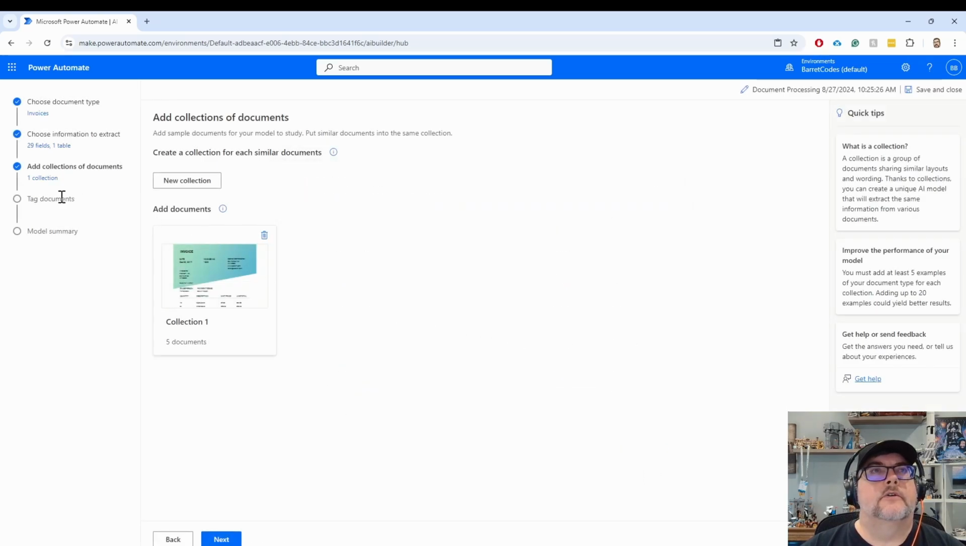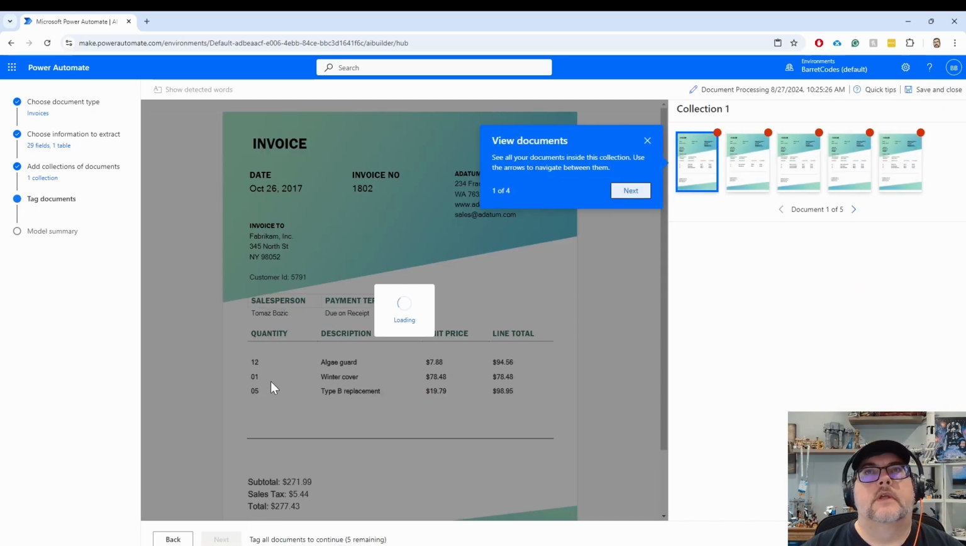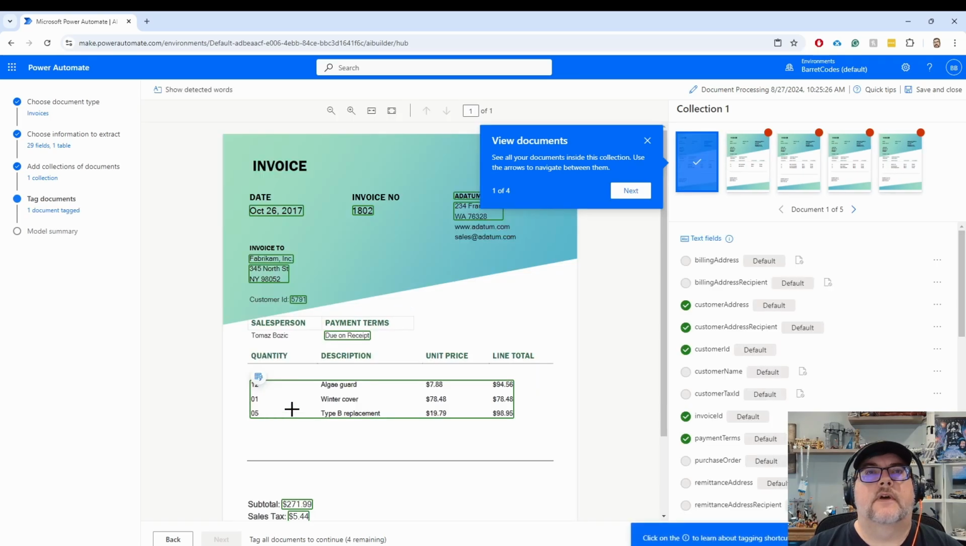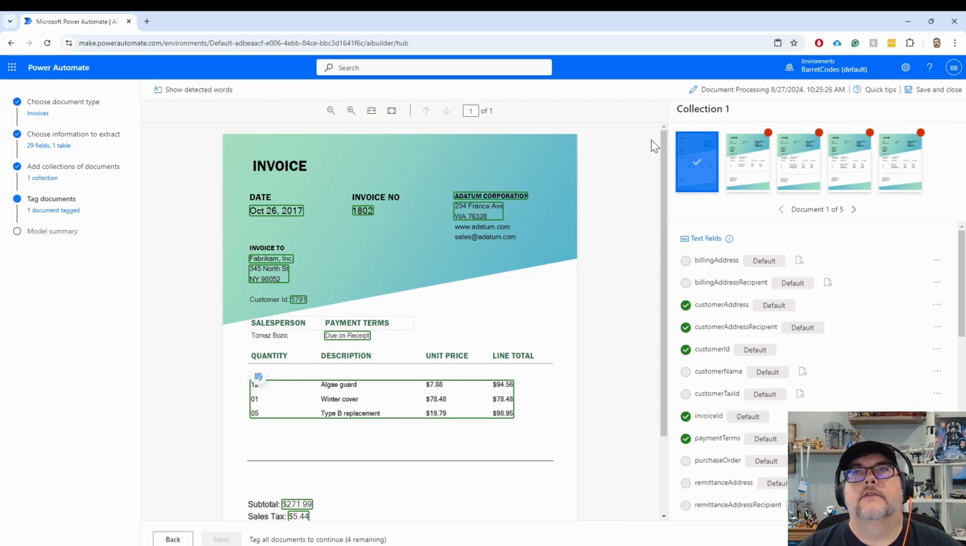So the next thing you're going to do is you're going to tag the information. So it's going to pull these up one at a time. It's going to say for each of these documents, you need to go through and identify the various pieces of information. And it will try to identify those itself first. And you can see that it's already spotted, okay, here's a date, here's an invoice number, here's various things. And I'll give you some helpers here, but